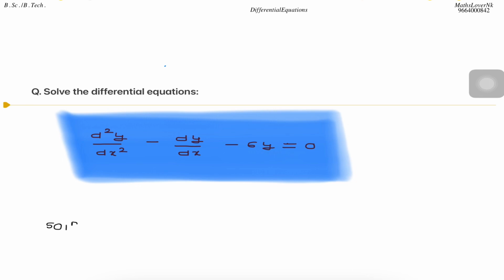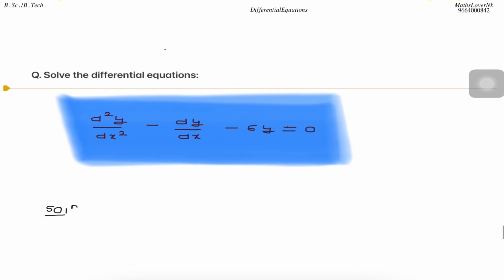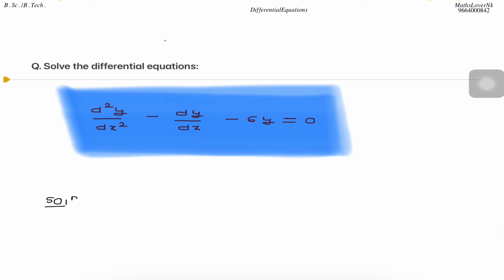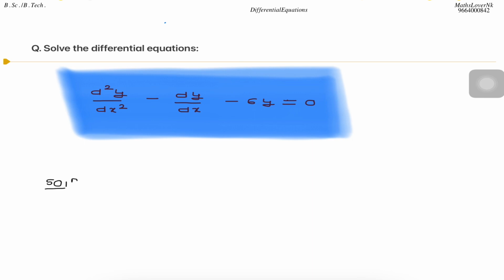We follow the following method. At first put d by dx is equal to capital D, then we get the equation in D square. Then we put capital D is equal to m and we get the auxiliary equation. Put the auxiliary equation equal to 0 and it becomes a quadratic equation, which is solved by the squaring method, by splitting the middle term, or by the quadratic formula, and we get the two roots. The two roots may be equal, may be imaginary, may be unequal, or one imaginary and one equal. Then there are four conditions, and we act as per the conditions and the situation.